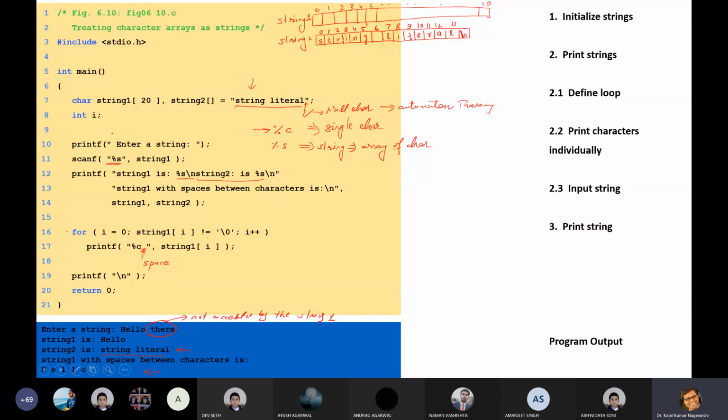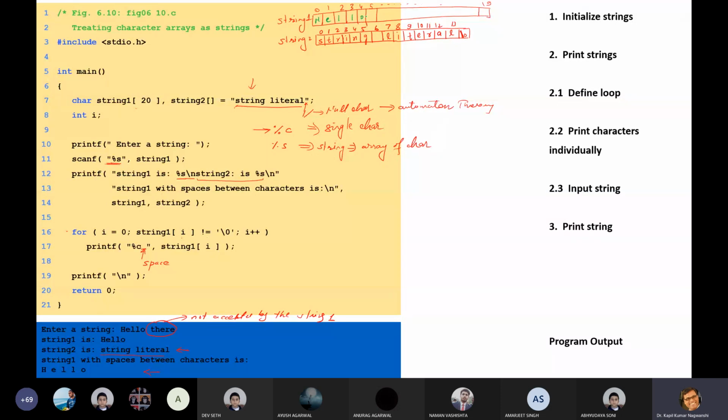Now come to next. printf enter any string. If I am entering anything, what I had entered here, hello there. Okay, so hello there will be written. This is the output of program. So here I am writing HELLO followed by space.